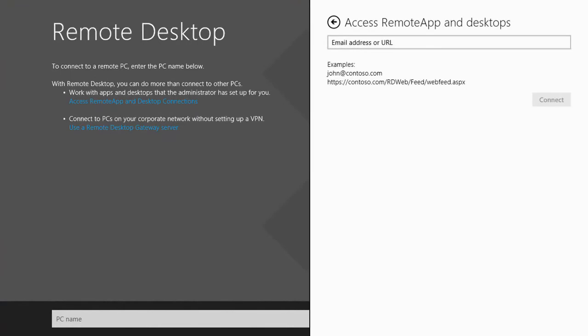Through the resource discovery capability in Windows Server 2012, Ed just needs to enter his credential email, and Windows Server on the back end will identify all the server-hosted desktops and applications Ed has access to. So let's put in his email ID, not Microsoft, it's Contoso.